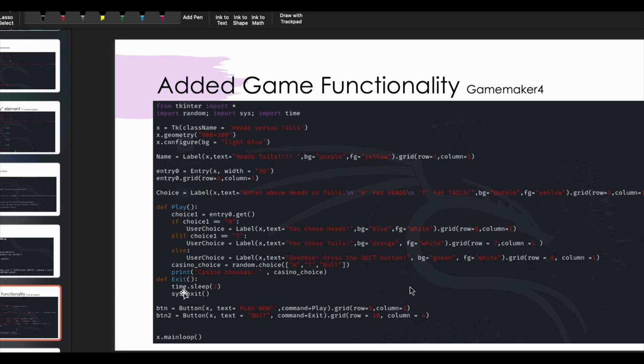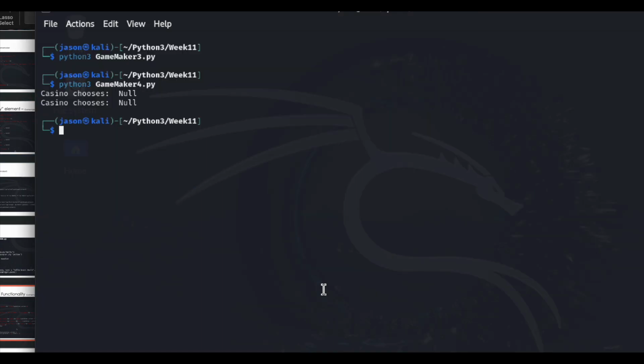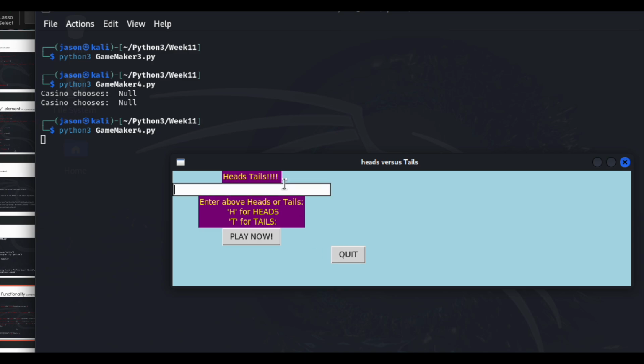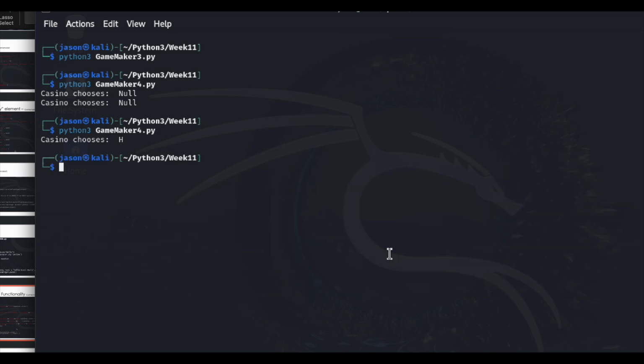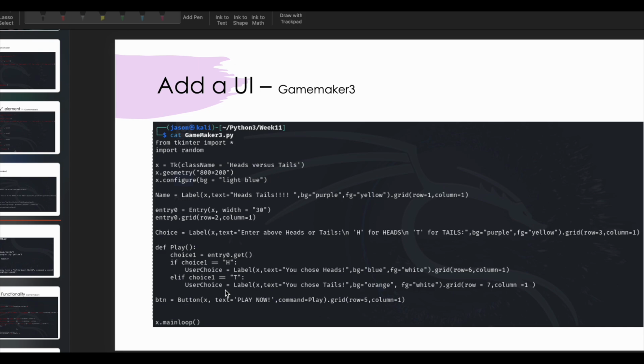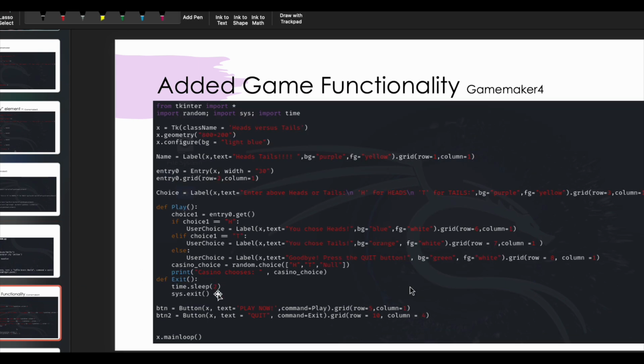However, the time functionality has a function or method called sleep, and that gives us a 3, or do I have a 3 or 2? I can't tell, but I believe I put in a 2. It gives us a 2-second delay, because you notice here, let me just do it again. When I press H, it shows heads. I'm typing quit now, and 1, 2, and then it quits. So we can see that basically this matches up to the amount of seconds right here. And that is pretty much the only new thing.